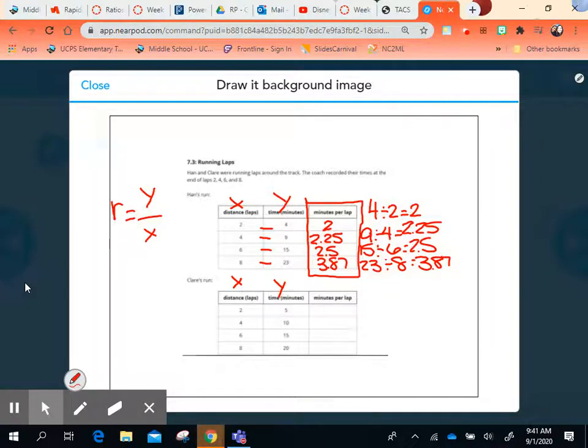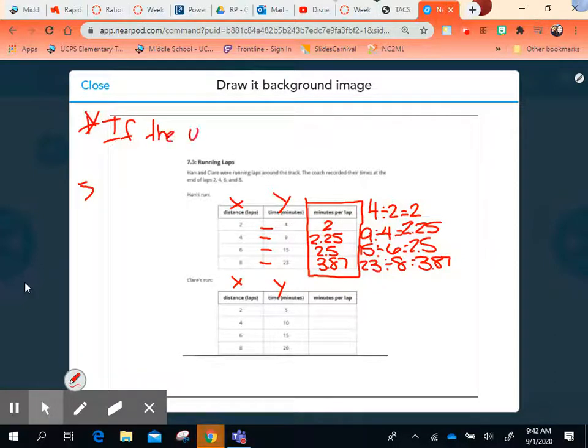3.87. Okay, so notice in that last column, are all those numbers the same? 2, 2.25, 2.5, 3.87. Are all those numbers the same? Is it the same number? No, they're not all the same number. In order for our table to be proportional, the unit rate needs to be the same all the way down the table. And I'm going to write that over here in the corner. And this is a good little note for you to write, like star it and go,